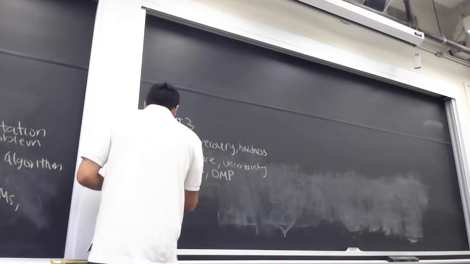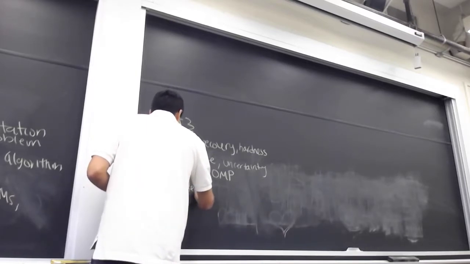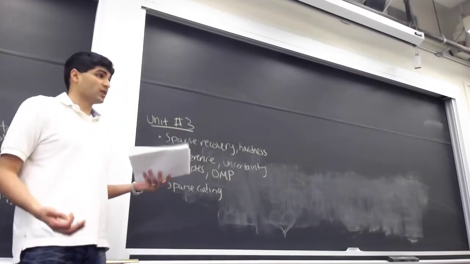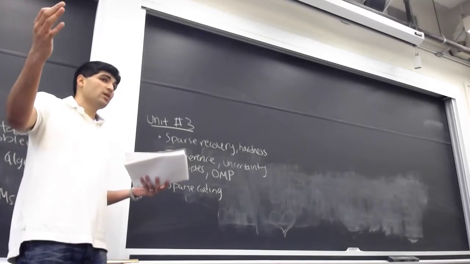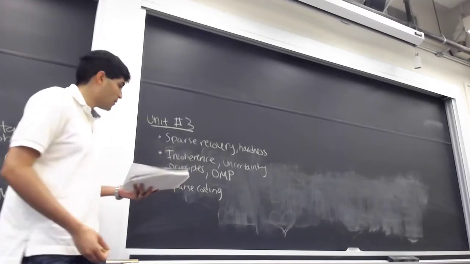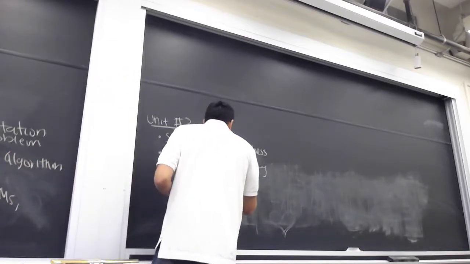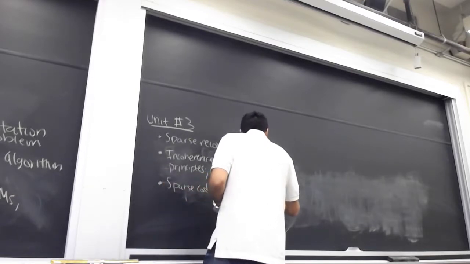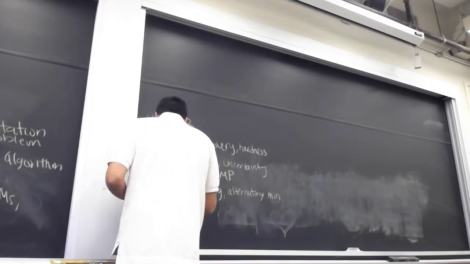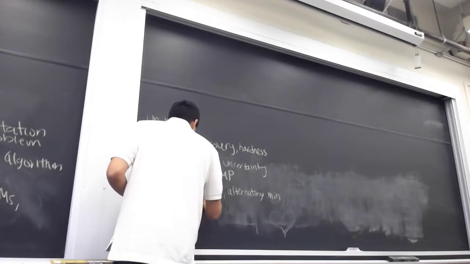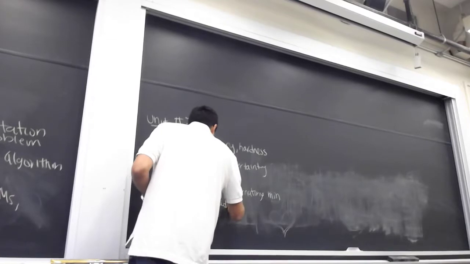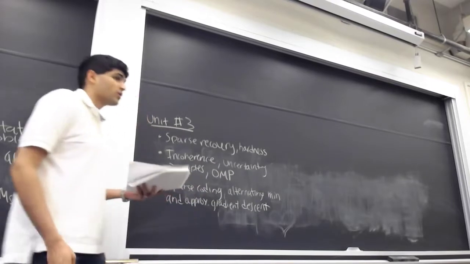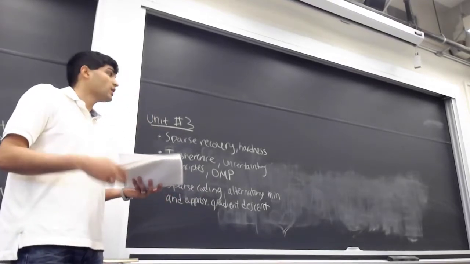And eventually what we did at the end of this unit was we talked about sparse coding, which is turning the problem on its head, where you don't know what is the basis that enables your signal to be sparse, and you're given many different examples, and you want to jointly find a basis that enables a sparse code. We talked about alternating minimization. And we analyzed it through approximate gradient descent. We talked about why it makes progress, because it takes steps which are some approximation to an unknown but convex function.